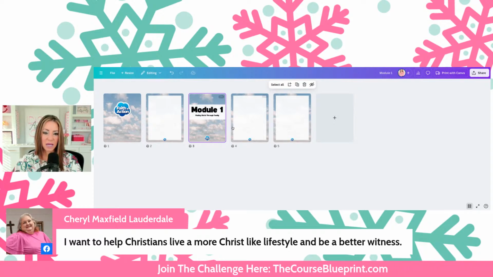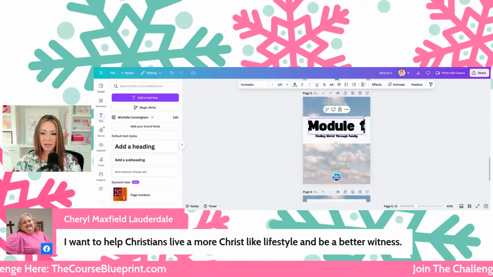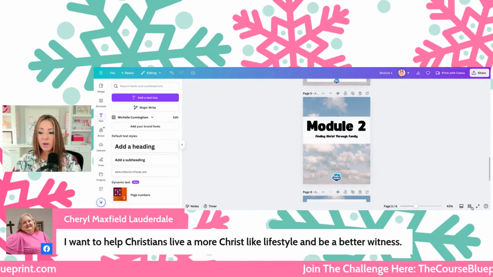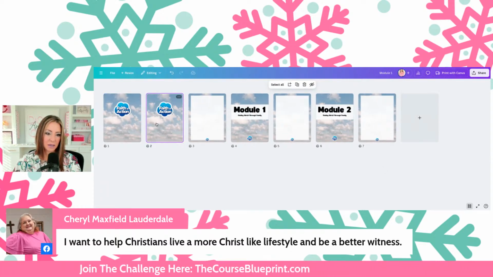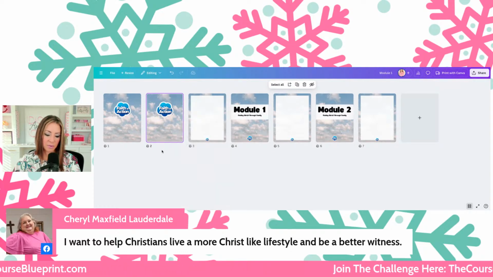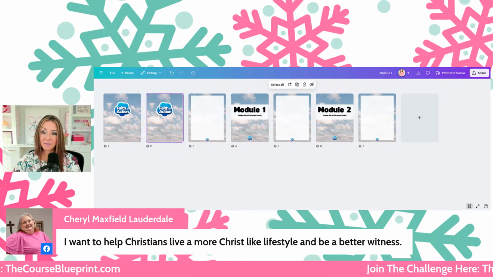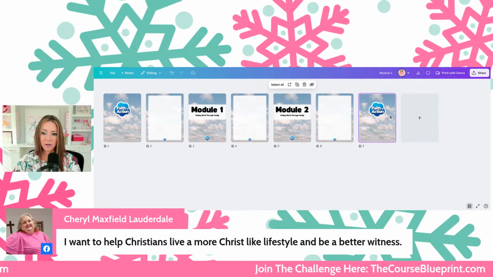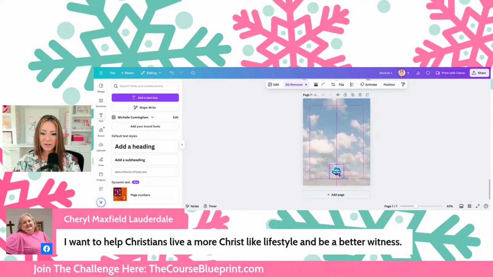Then you can just duplicate this page. And now we can make this one module 2, right? And you could have multiple little pages in there. And then you always want to put on the back cover. So I take this page, I copy and paste it. You just hit this word duplicate page, right? And also, I just know to do Command C to copy it and Command V to paste it on a Mac. If you're on Windows, you hit Control C to copy it and Control V to paste it. Okay, so either way, I'm going to pull this back here. This is going to be my back cover. I'm just going to click on it and pull that logo down to the center, like there.